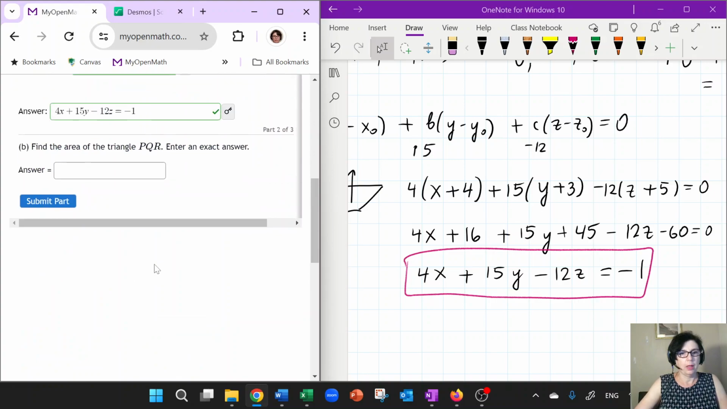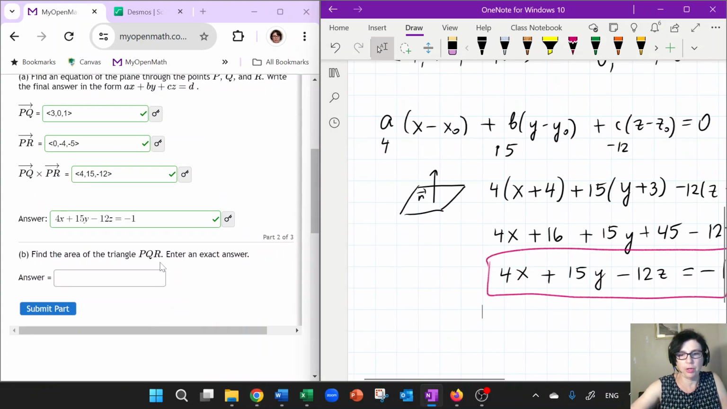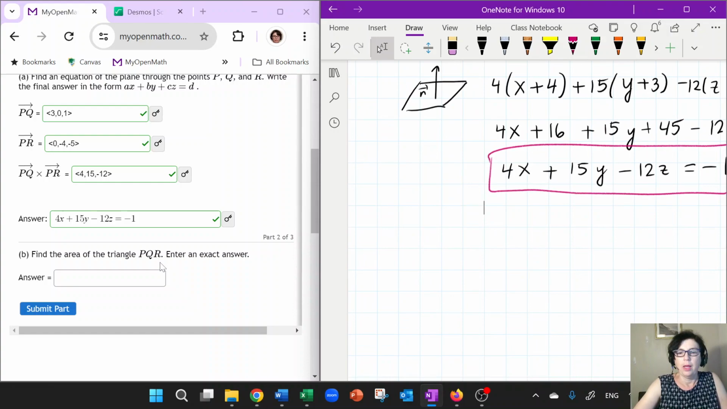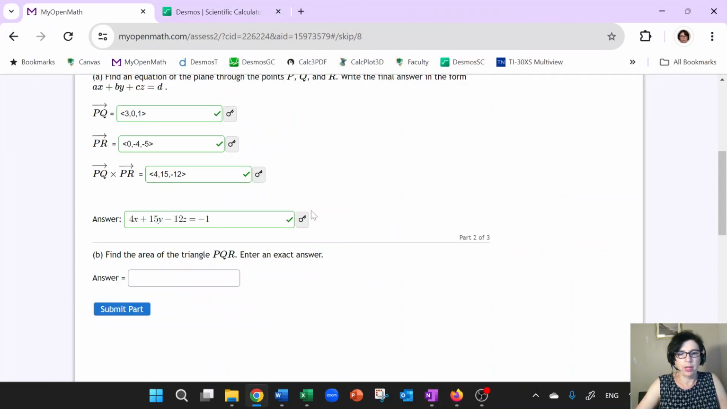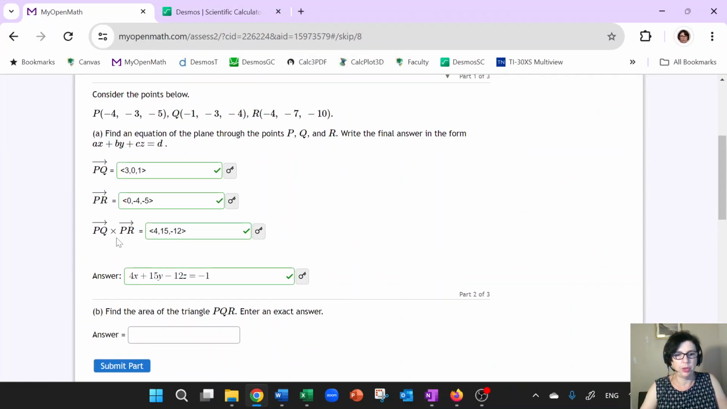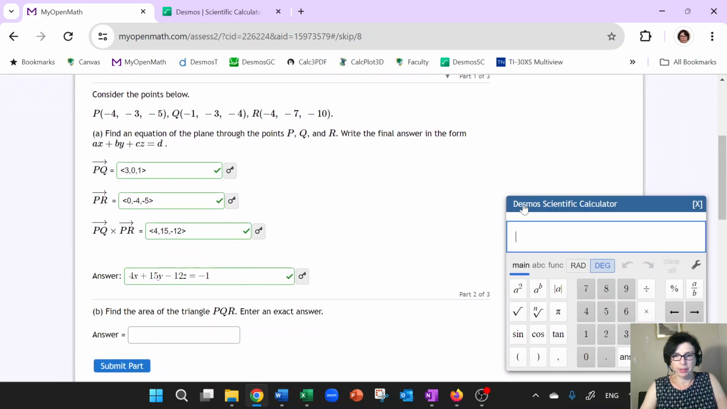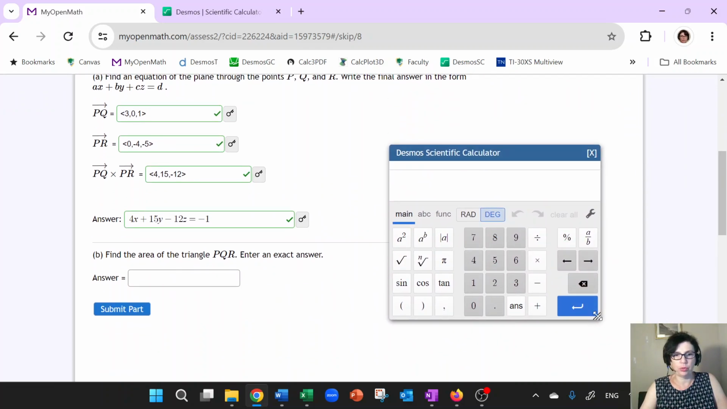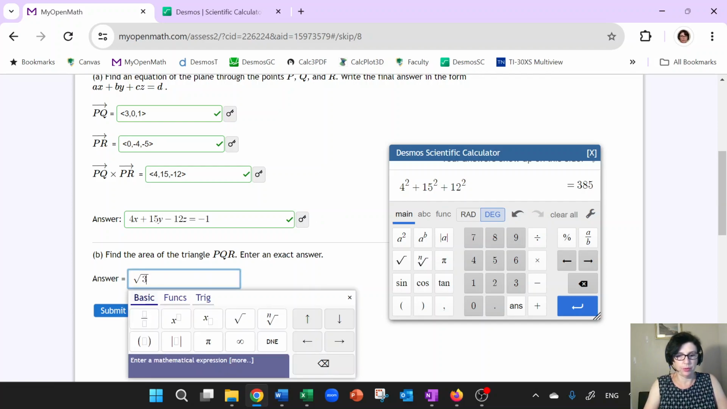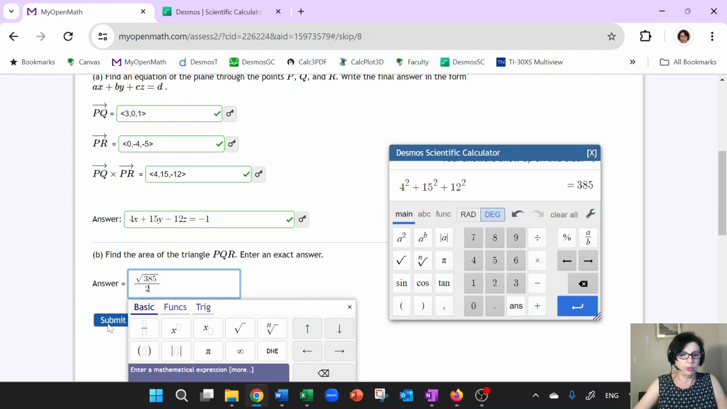Okay. The next question says, find the area of the triangle PQR. Now that's actually pretty easy. So the area of the parallelogram that has PQ and PR as adjacent sides is the magnitude of the cross product. If it's a triangle, you just have to divide it by 2. So I will have the calculator right here, and I'm going to find the magnitude of the cross product by squaring each component and adding them up. And that gives me 385. So I will take the square root of that to get the magnitude, and